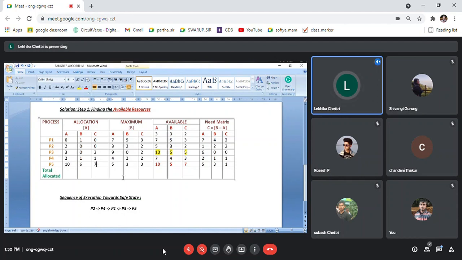Now my question is, okay, here we had not done this. So last, what did we get? Right now the available, this one is not there. So right now I have executed P3, P2, P4, P1, P3. Now only P5 is left. Okay, but now the available resources are 10, 5 and 5. How much does P5 need to complete? It needs 10, 6 and 7. So now even after completely assigning all the available resources to P5, P5 cannot complete its task. Even after this, P5 cannot complete.